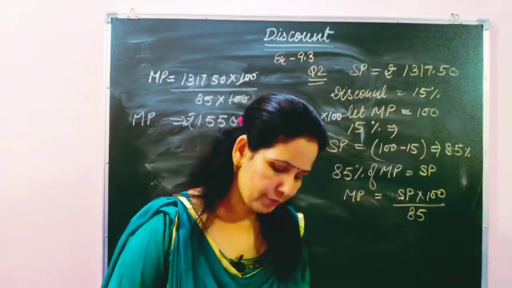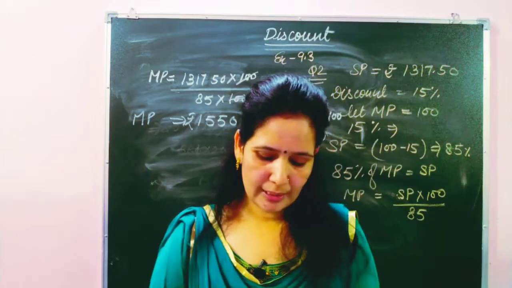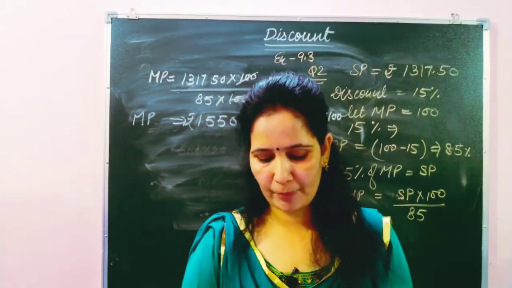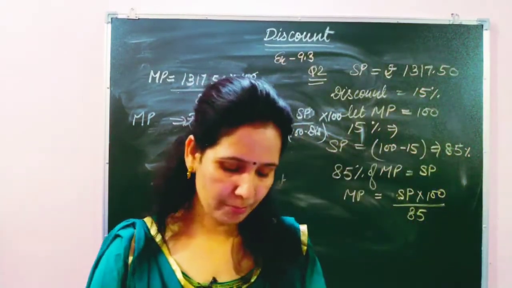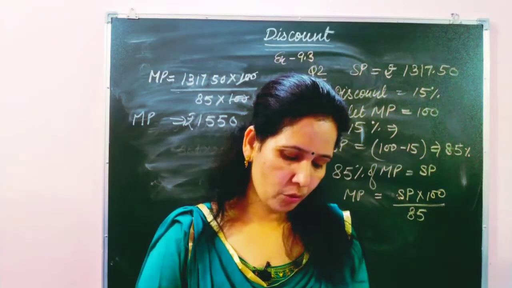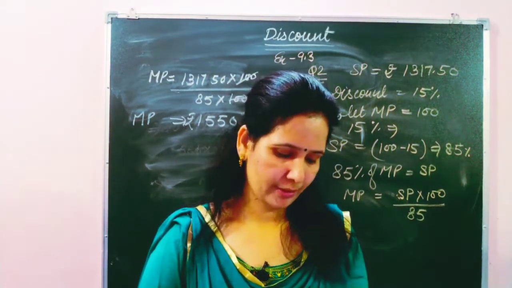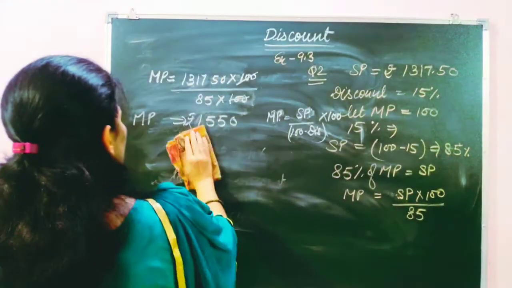Okay, now then after, question number 3. In question number 3 they have given to calculate the list price of an article. That is, the mark price; we have to calculate from SP and the percentage they have given. Same type as question number 2. So you have to solve this question by yourself. Question number 4, the mark price they have given and the selling price they have given, and we have to find out here the discount percentage. How? Let's see.